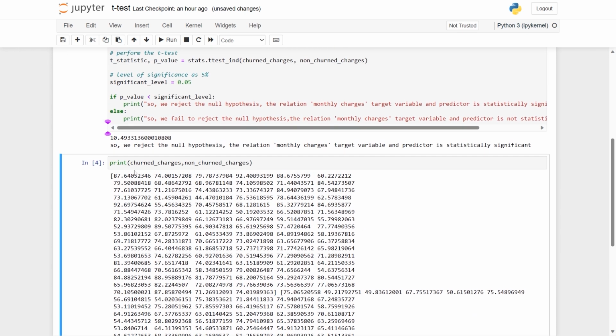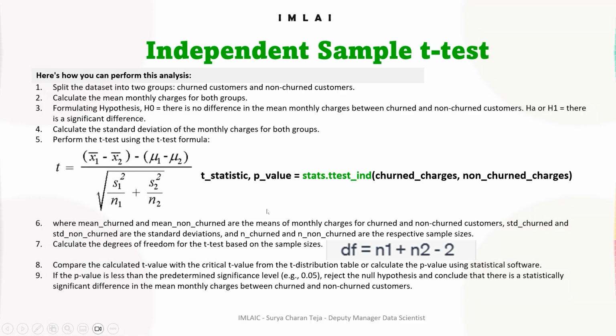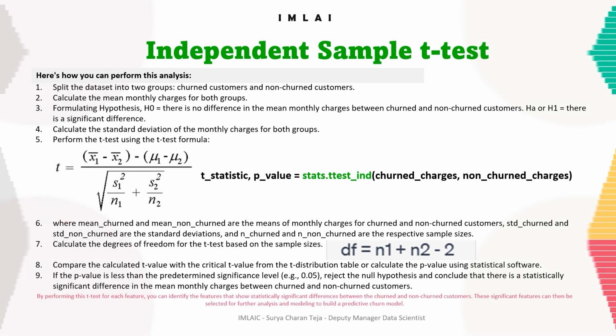And execute, and we got it. We reject the null hypothesis, and hence we say the relation between the monthly charges target variable and the predictor is statistically significant, hence proved. And this is how we use the independent sample t-test to find out the statistical significance of the relationship between a continuous variable and a binary variable, or a two-category categorical variable. Okay, so now let's move on and let's try to